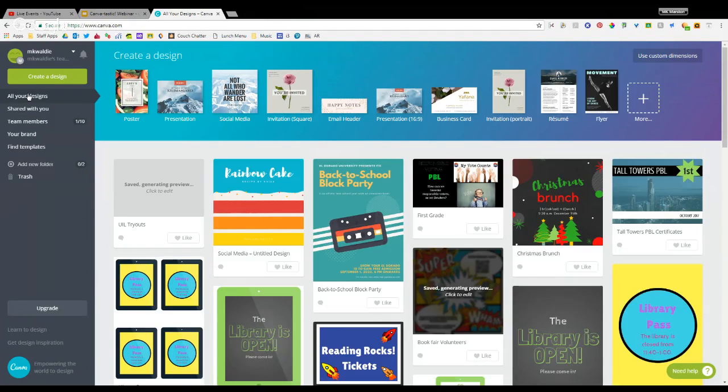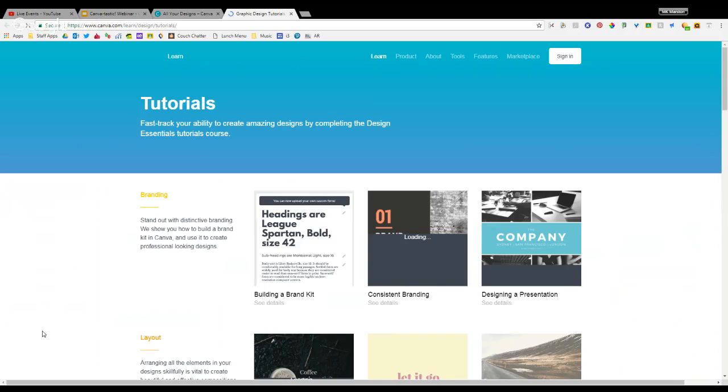This is the last thing that I'm going to touch on. I personally have not used this with students, but I know of two teacher friends of mine that taught Canva to some kids at Camp JISD over the summer. They taught all of their students how to use Canva, even, I think, all the way as young as second grade. And one thing that they did is they clicked on this Learn to Design tab,